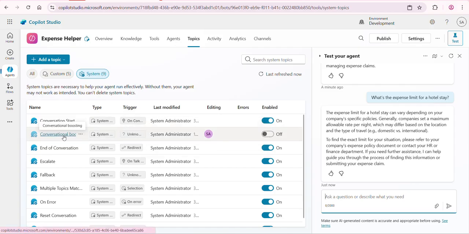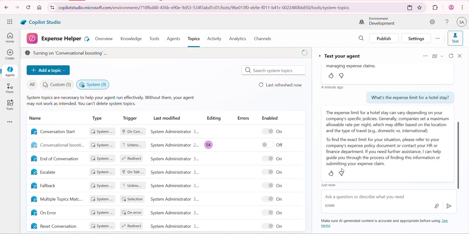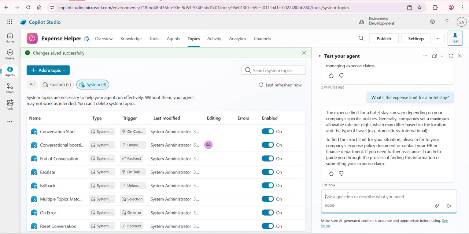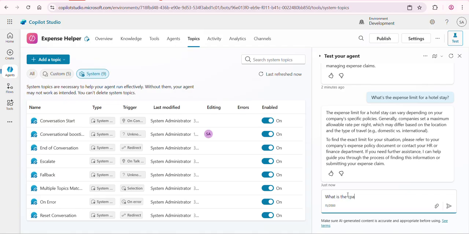So it is not using the boosting one, as the bot is using its own knowledge to help out the user. But if I just ask a generic question, what is the